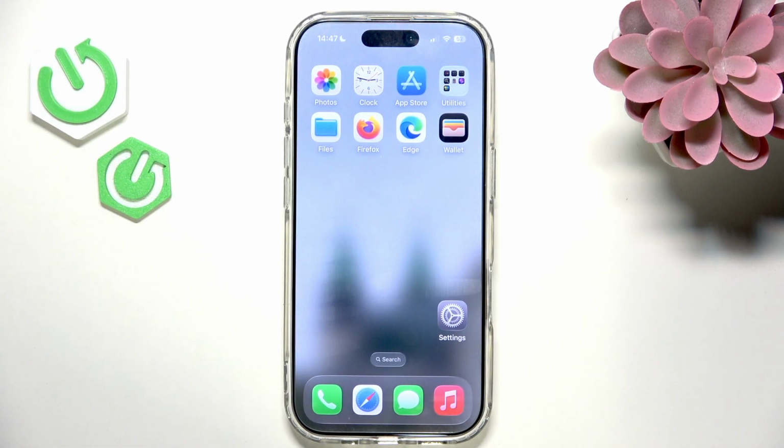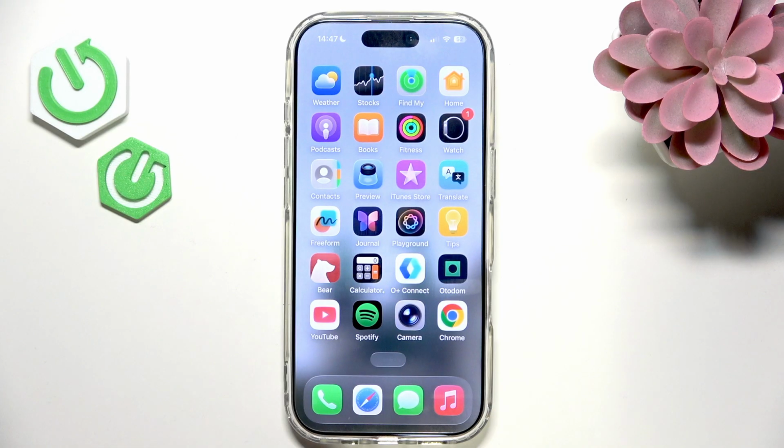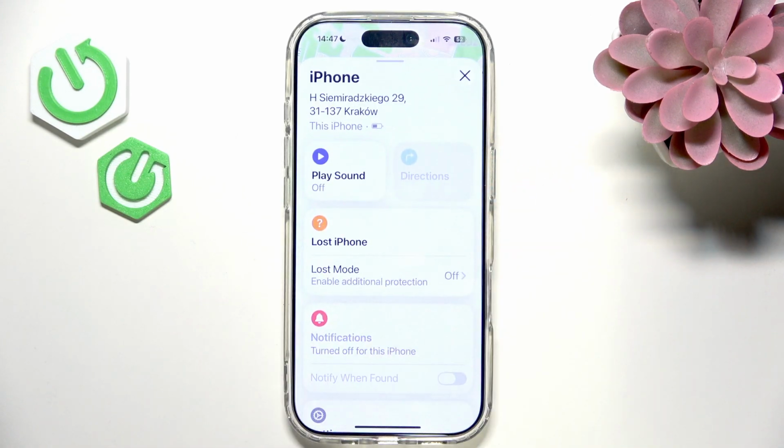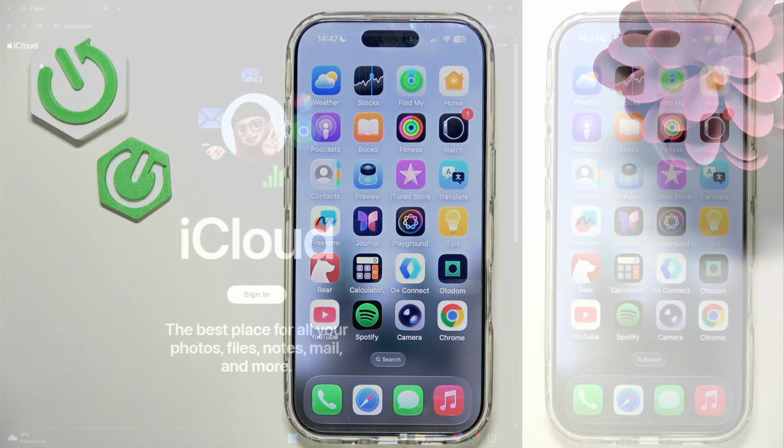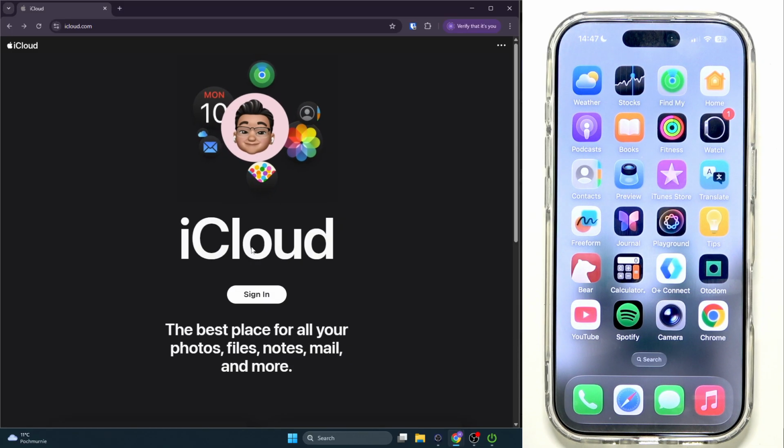Now if you have another Apple device signed into the same Apple account, you can go to Find My app on that other Apple device. But let's say we don't have it, then we can go to any device whatsoever and just go to a website. So you can see I have my computer right here and I have